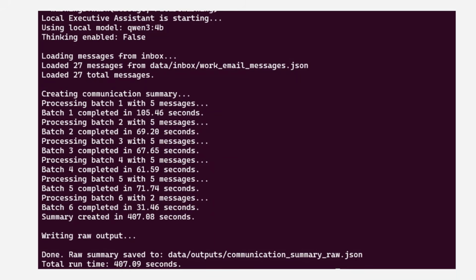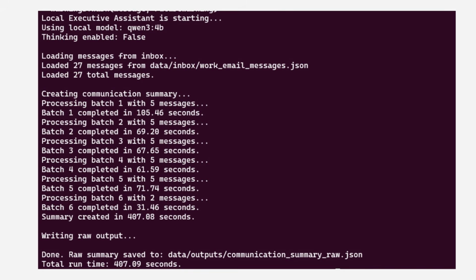The threaded version technically worked, but it barely improved runtime. In my test, the sequential version and threaded version were almost the same. And that makes sense. Python was not mostly waiting on a separate external system. The bottleneck was local model generation. So for the default version, I'm keeping sequential batching because it's simpler, it's easier to debug, and nearly the same